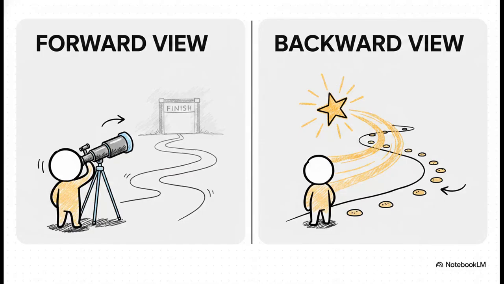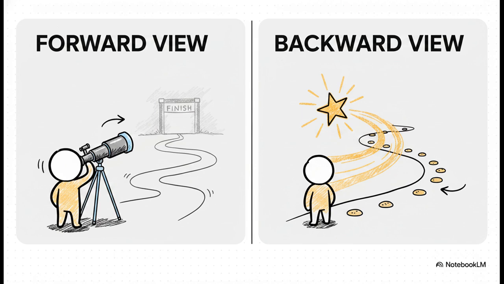So there are 2 ways to think about this, and this is important. There's the forward view, which is kind of the theory behind it. It says our target is this super clever weighted average of all the possible n-step returns. But to actually calculate that, you'd still have to wait until the episode is over. So not super practical. But then there's the backward view. This is the practical magic. This is what we actually do. It uses that eligibility trace, that trail of footprints, to update all the past states based on the error we see right now at this very moment.